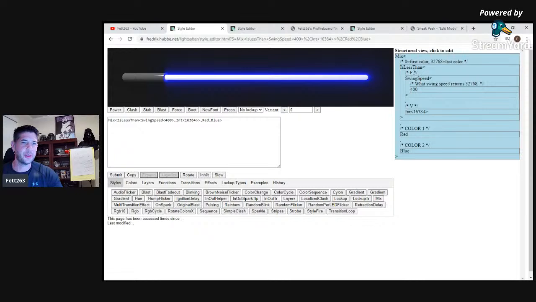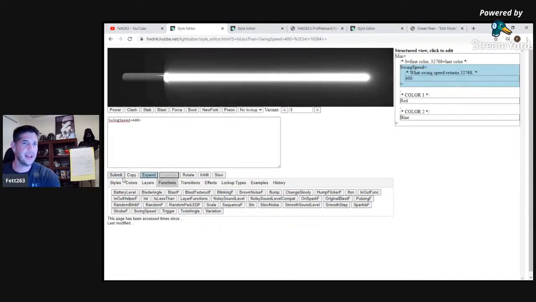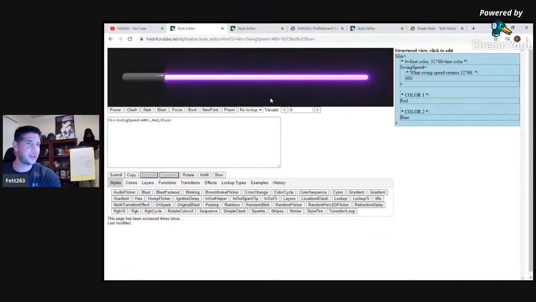So if we just pull this back for 1 second and just change it to swing speed, again, you'll notice it's going to have a much smoother movement. So what you're getting is this smooth movement because when your speed is at 50, it's doing this value. When it's at 200, it's doing 16,384. When you're at 300, you're at 3/4 of 32,768. When you're at 400, you're at 32,768. So that gives you a much more smooth movement,